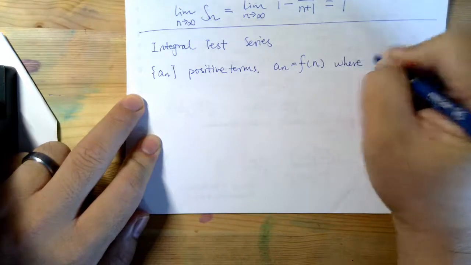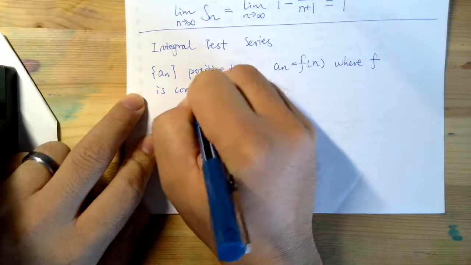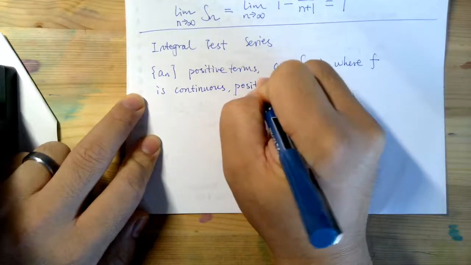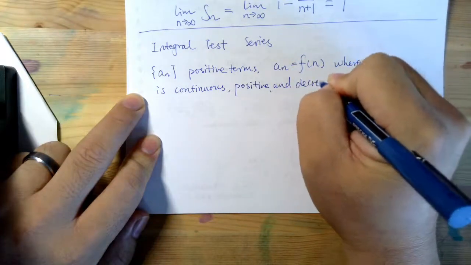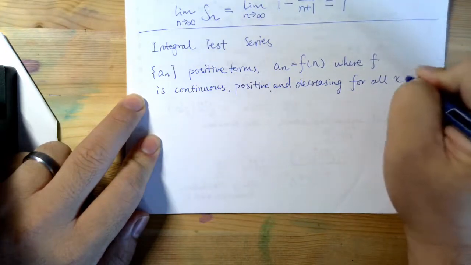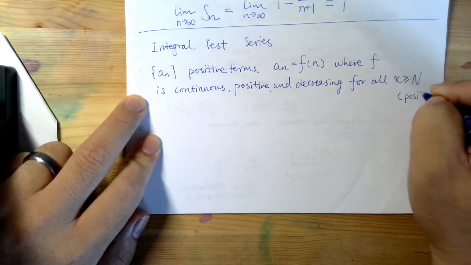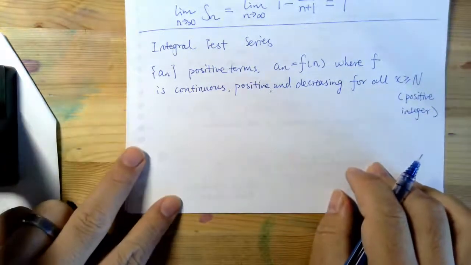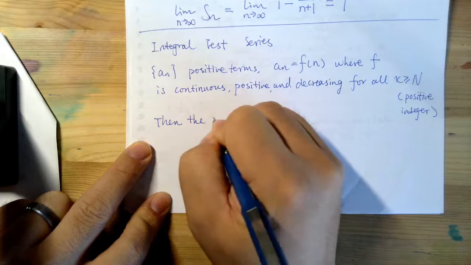where the function f is continuous, positive, and decreasing for all x greater or equal than a capital N. This capital N is some positive integer. And then the integral test says like this: the series